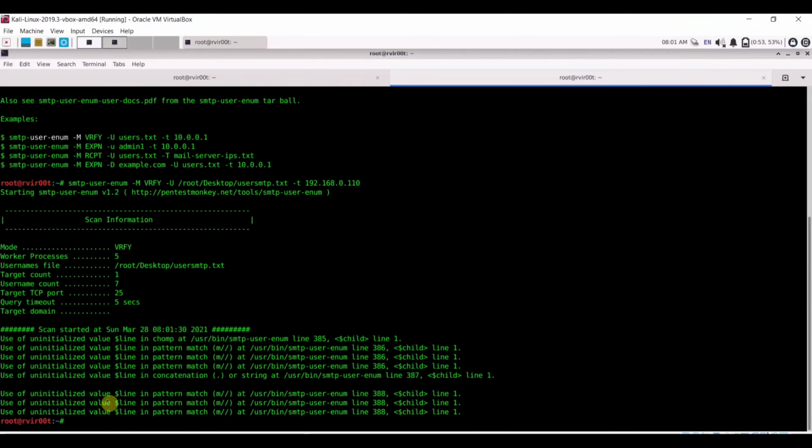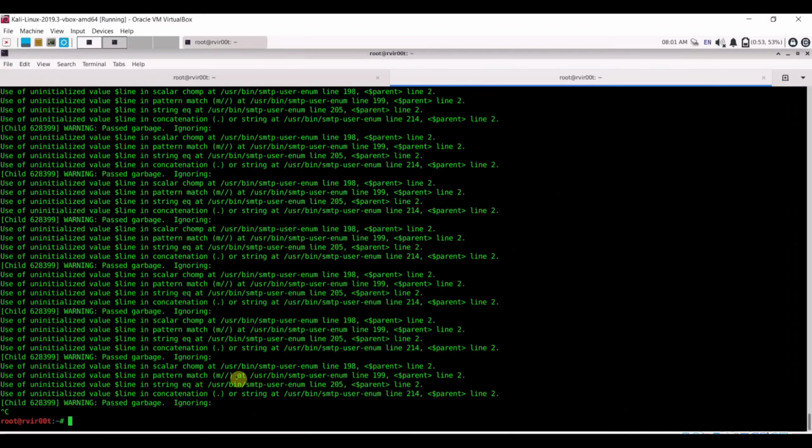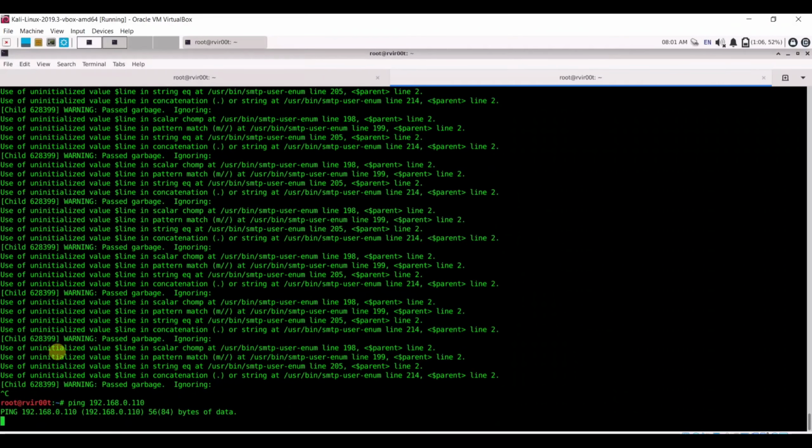Let's wait for the result. I'm getting some kind of error. Okay, it means maybe my server is not reachable. Let me check first. 192.168.0.110, and right, it's not reachable.